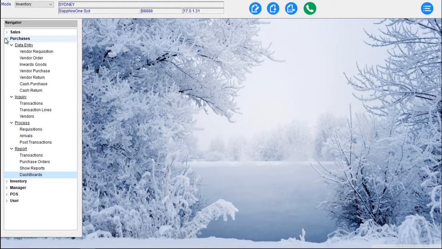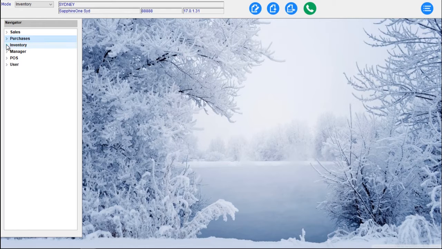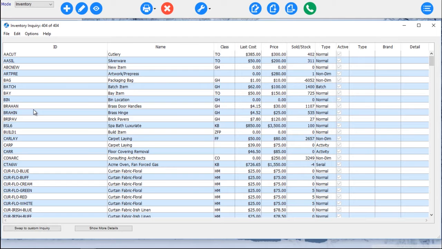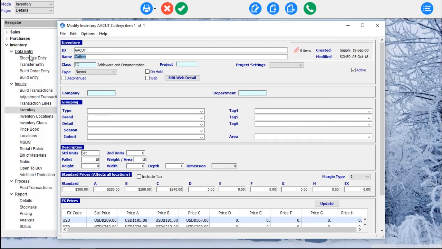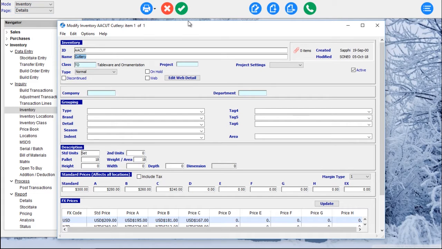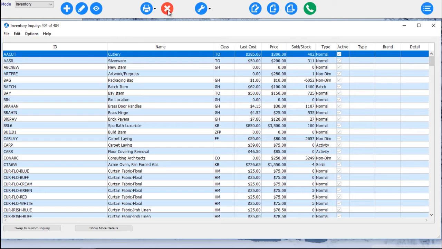And then the next one on the list is our inventory. So in the inventory we have our data entry, stock take entry, transaction entry, build order entry and build entry. And then we have our build transactions, our adjustments, transaction lines, inventory. By double clicking on that, that takes us into our inventory, and once again if I double click here, I'm presented with my pages menu and all my different options within inventory, which once again will be explained in separate